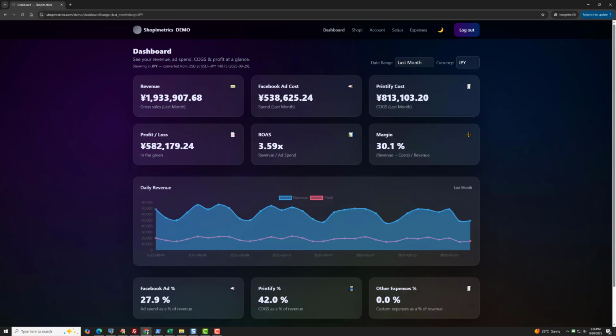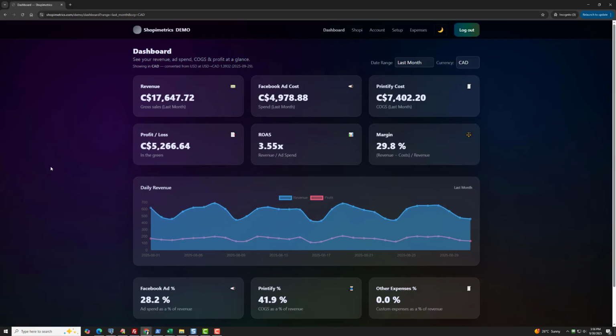So we just knew that having the ability to switch currencies was important, even if your Shopify store is in one currency and Printify and Facebook are in different ones, we can handle it, because I am a seller that needs that. And that's the benefit of this system, in that I know what you need to see and I know what I want to see. So I know that every day I can come in here and look at my numbers